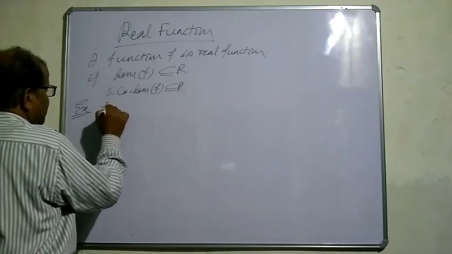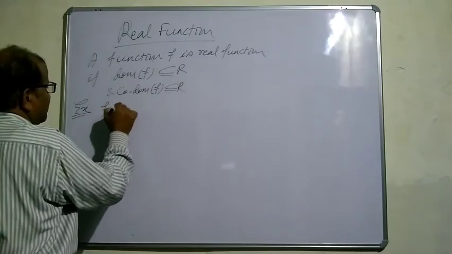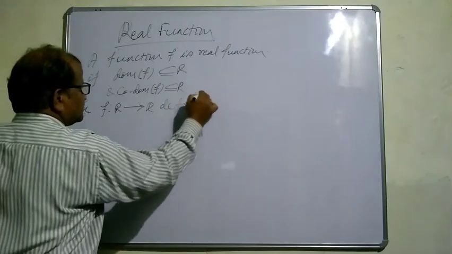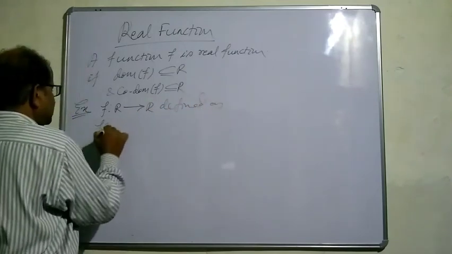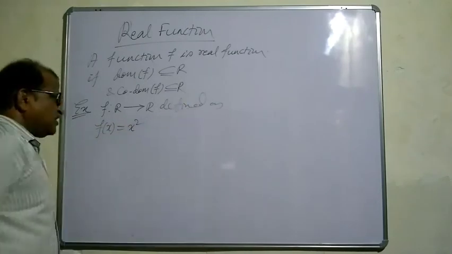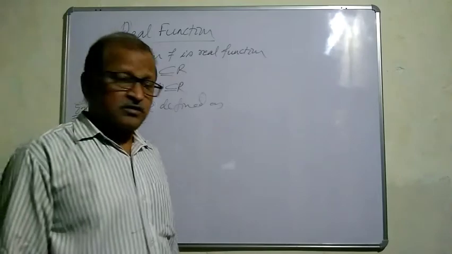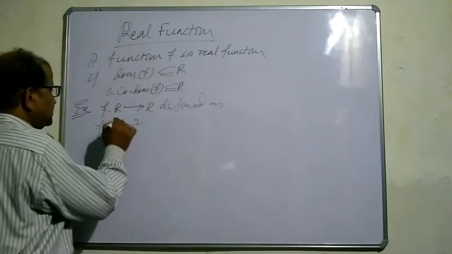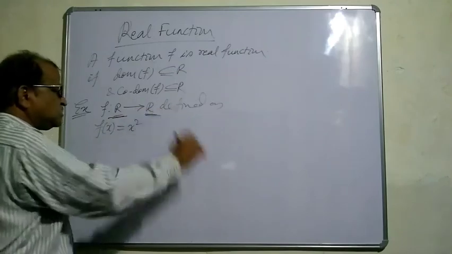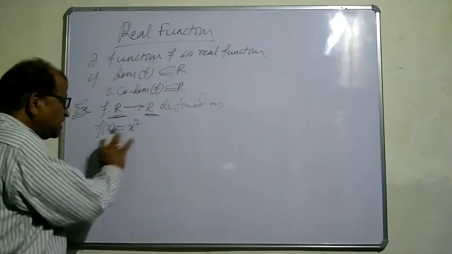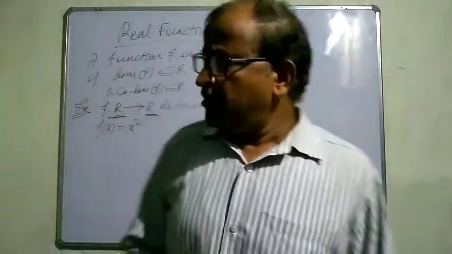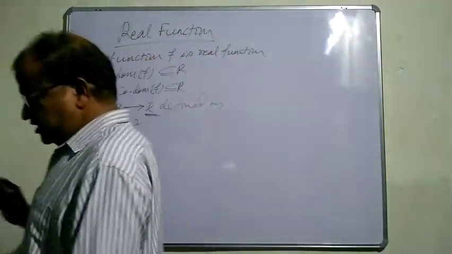Suppose f is a mapping from R to R defined as f(x) = x square. You see here the domain is the set of real numbers and the codomain is the set of real numbers. So it is a real function. Here x varies over the set of real numbers. But you see,